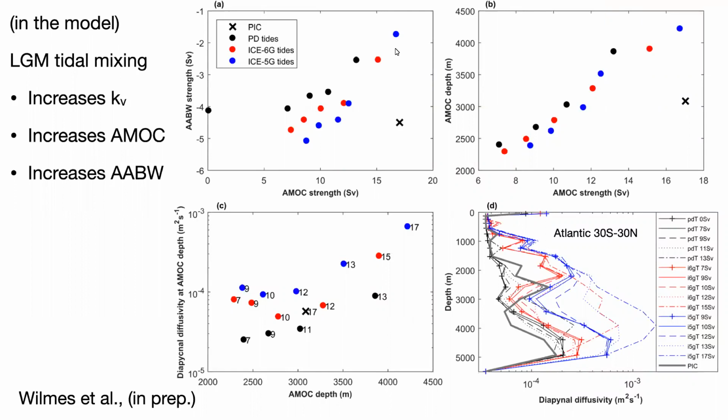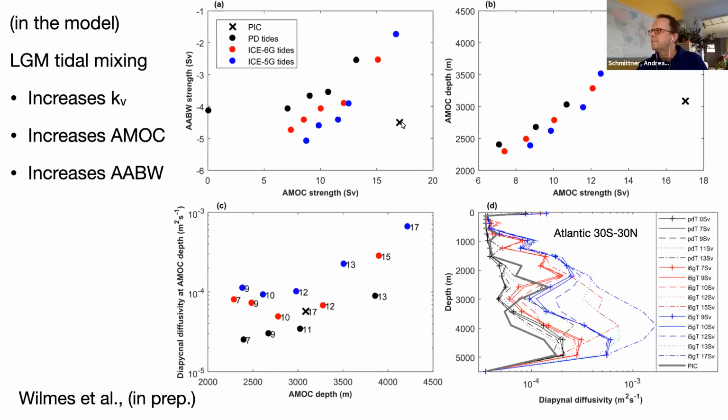And then the X is off the trend of all the others. Is that an observation or a model result? That's a pre-industrial control model. But the model is, at least for the AMOC strength, in pretty good agreement with modern observations. Modern observations at 25 north are around 17 Sverdrup, so it's pretty spot on here. I'm not sure about the Antarctic bottom water, but I think it's also more or less in agreement with data.